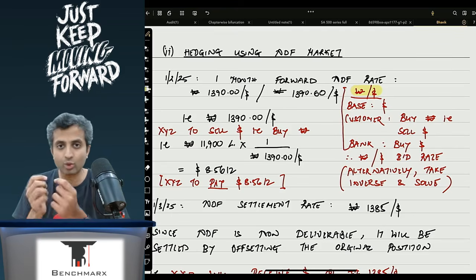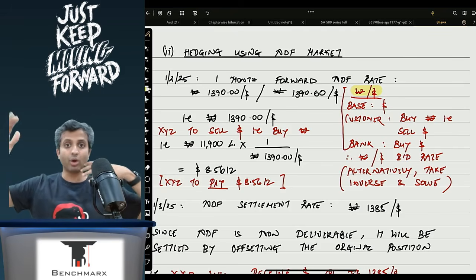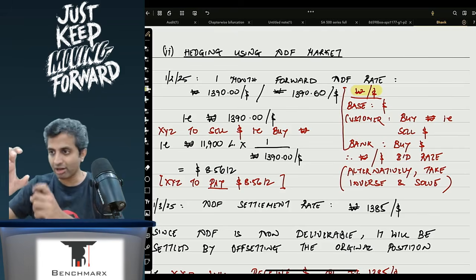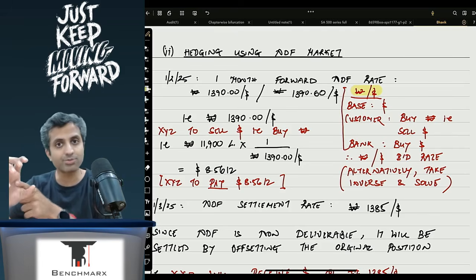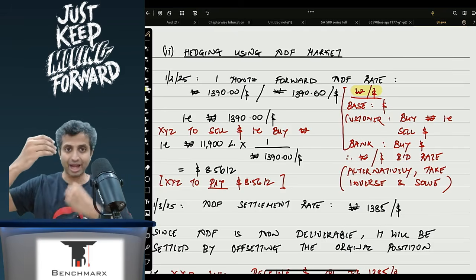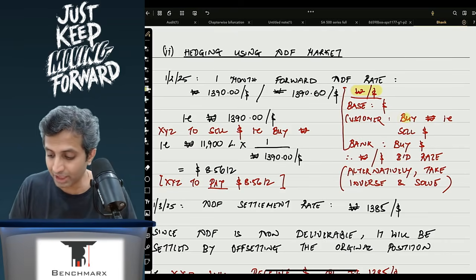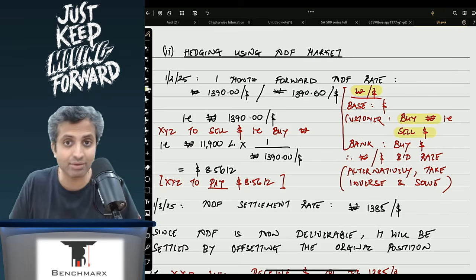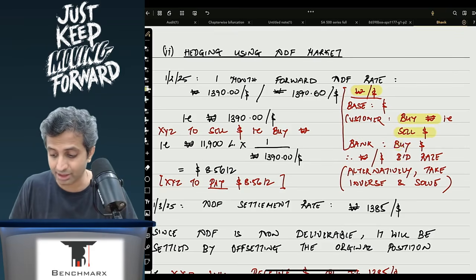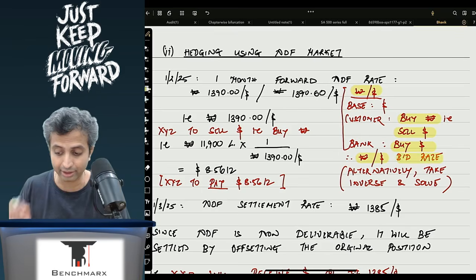So I will say that, well, how do I decide my strategy? Well, if I'm an importer, I need to buy the won. However, the contract is not priced per won, it is priced per dollar. Okay, I still want to buy the won. If I am buying the won on one hand, I will have to give the dollar on the other hand, and hence my strategy will be rephrased. I want to buy the won, that is, I will sell the dollars. But if I am selling the dollars, the banker is buying the dollars, and the banker buys the dollar at the won per dollar bid rate.